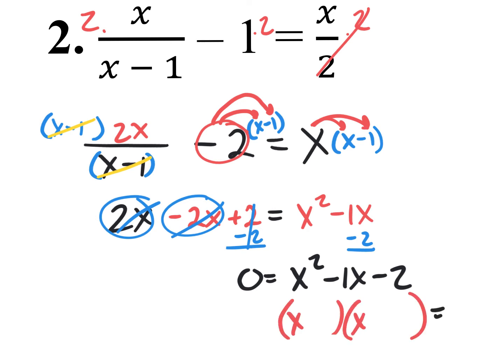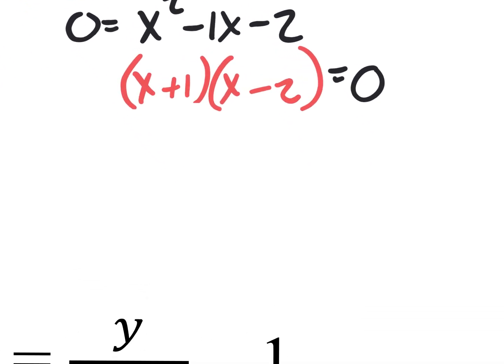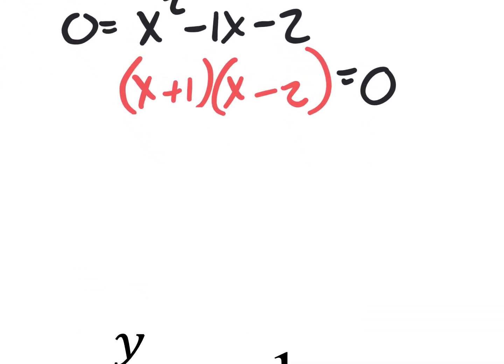And you can put the set equal to 0 on this side. So what times what is negative 2 that if I combine together is negative 1? Positive 1 and negative 2, right? Okay. And now that it's factored and it's set equal to 0, I hope we remember the zero product property, which